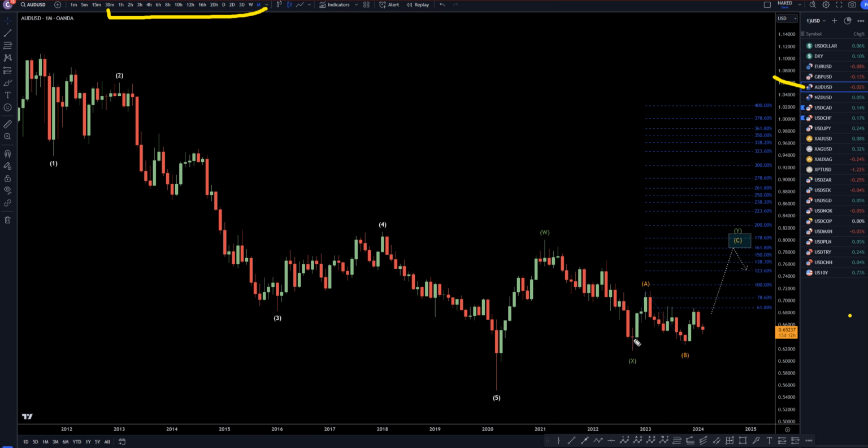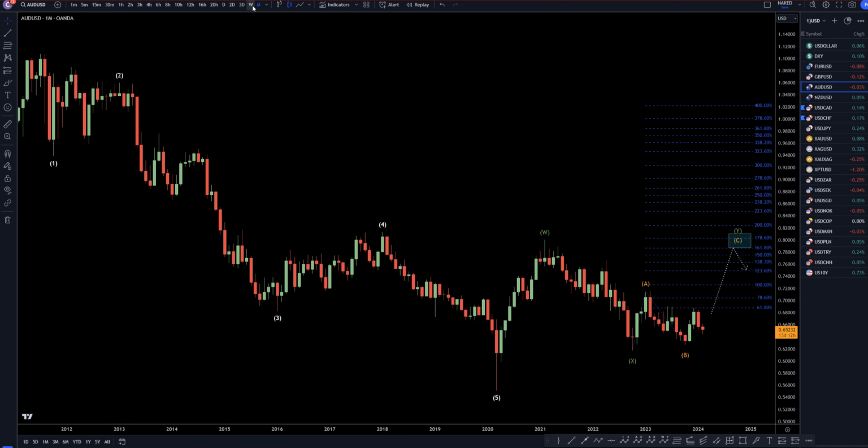So on the Aussie dollar, I'm still very bullish on the monthly time frame. I still think this needs to go up and make an ABC of wave Y, which is part of the three waves up for W, three waves down for X, and three waves up for wave Y, which is basically just a 3-3-3 pattern. I still think it's going to go up, most likely take out these highs, bounce off a Fibonacci level, and then potentially go back down.